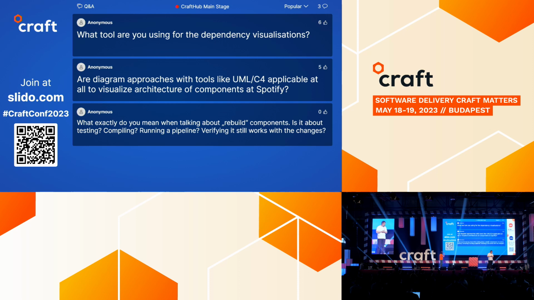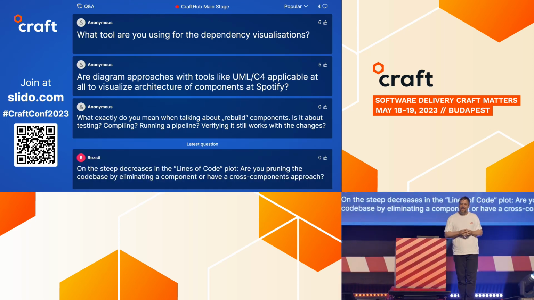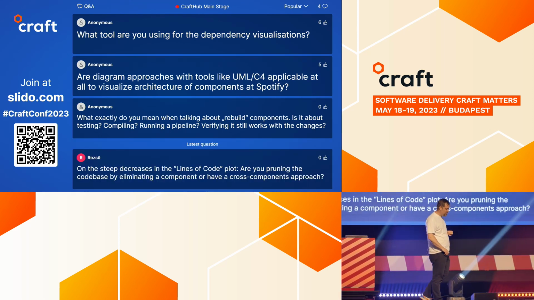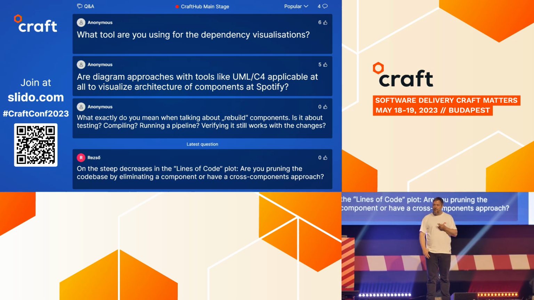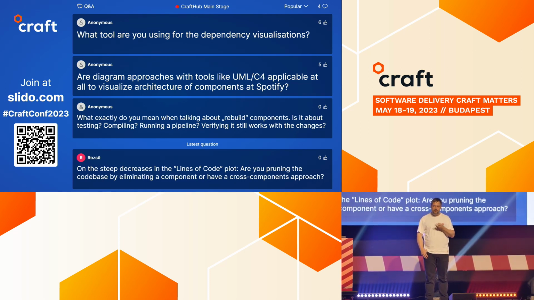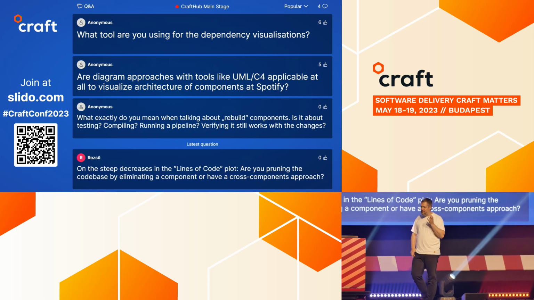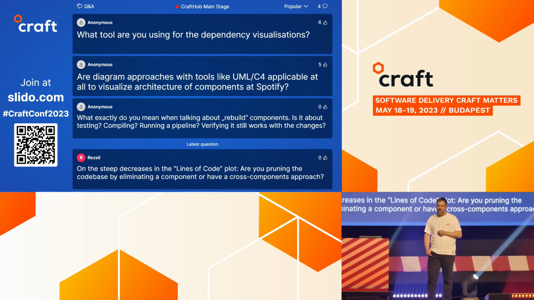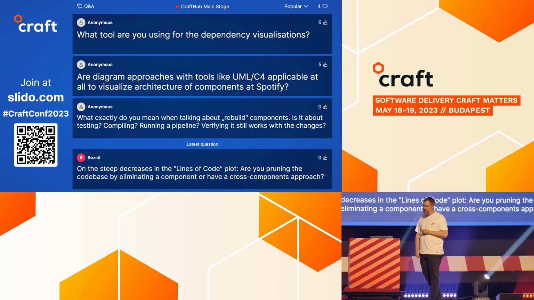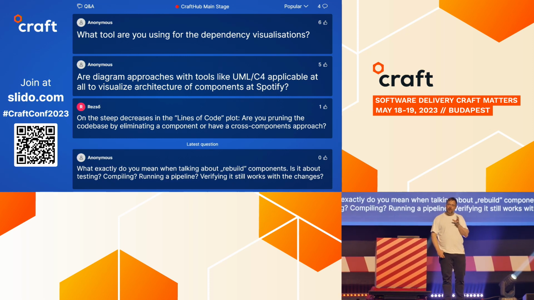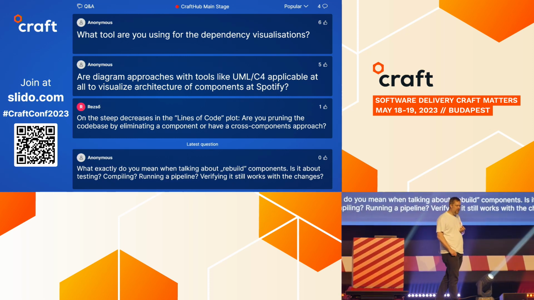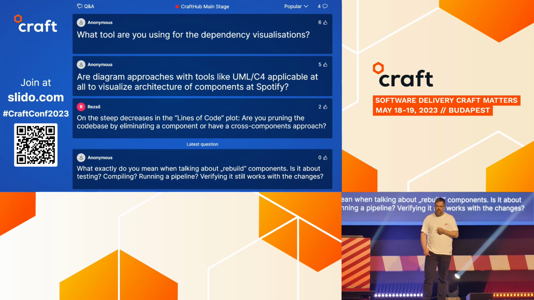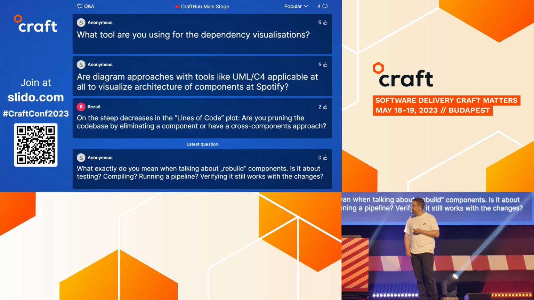Thank you, Peter. Anonymous says, what tool are you using for the dependency visualizations? So for that, yeah, it's not my slides anymore, sorry. That crazy dependency graph I showed is all a graph. If you're into GraphViz, it's a neato layout with just doing BigQuery to feed it with data. And I found that there are a lot of more interactive tools out there, but they tend not to work well when you have 10,000 nodes put into them.